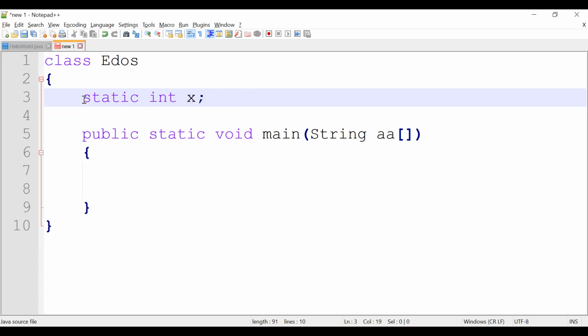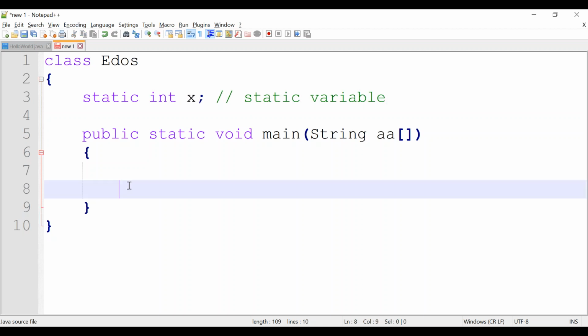This x is called a static variable. Why is it called a static variable? Because it is not declared inside any method.